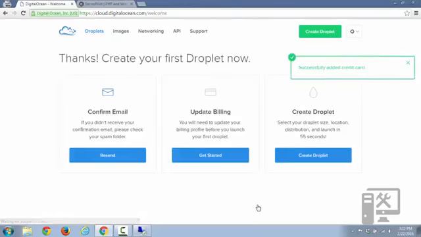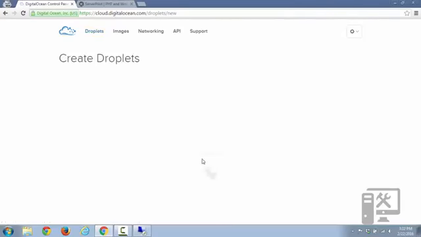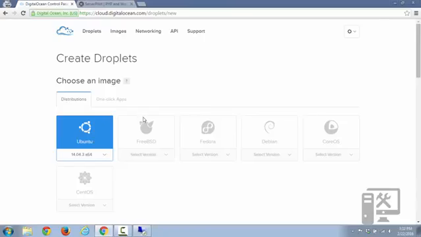So now that we've got the billing information updated, we need to go ahead and create a droplet, or in this case, a server. They call it a droplet. We're going to be using Server Pilot to set it up, so we need to make sure that we have Ubuntu 14.04